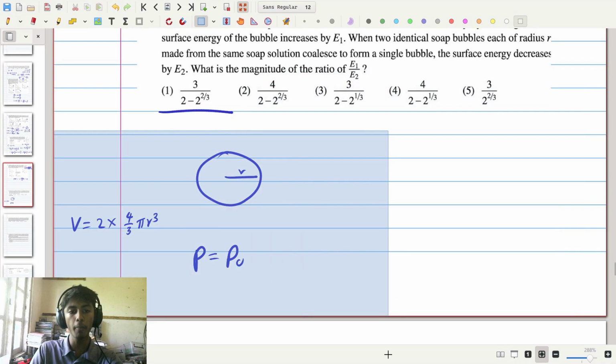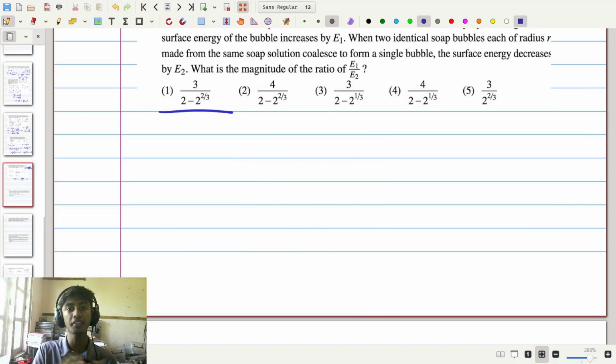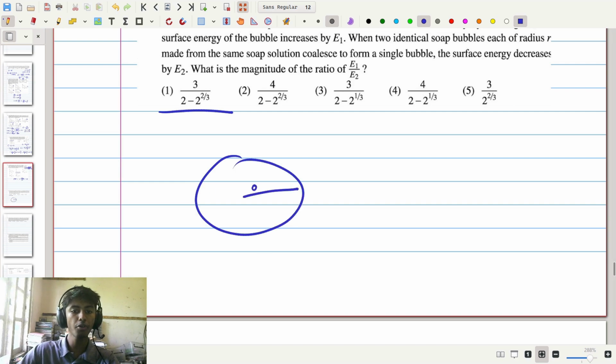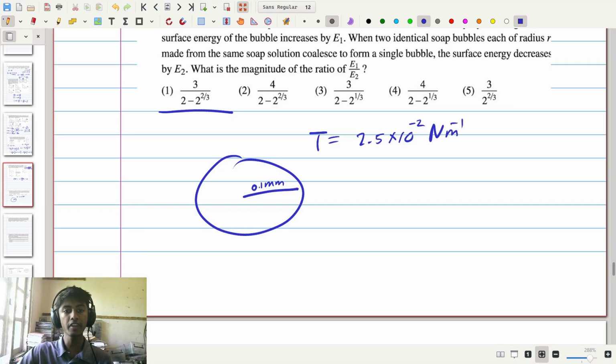Now, to give you an example of just how small of a difference this makes, let's consider a very small bubble, because the smaller the bubble, the higher the pressure difference will be. So let's consider a small bubble of radius 0.1 millimeters, just to give the benefit of the doubt. Now T for a soap bubble is approximately equal to 2.5 times 10 to the minus 2 newtons per meter. And according to that, if we take the radius here, which is equal to 1 times 10 to the minus 4 meters, and substitute into the formula of delta P equals 4T over r, so 4 times 2.5 times